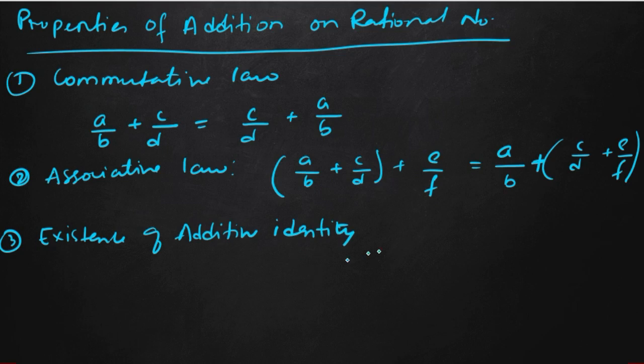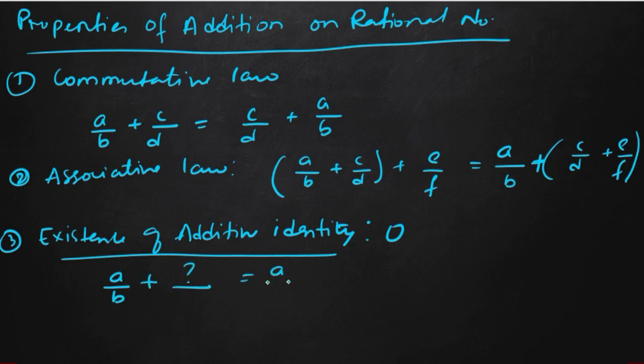Okay. So you have to remember this, that the additive identity is the 0. Additive identity means what number you have to add to a particular number so that the result is that number only. That means what will be added to a by b, suppose we take a fraction a by b, so that the answer is a by b only. So obviously, the result is 0. Okay, so if we add 0 to any number, it will give us the same number. So that means 0 is the additive identity.